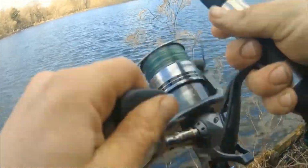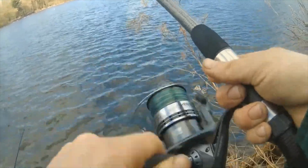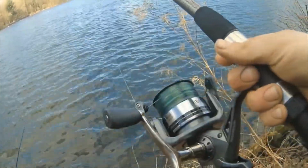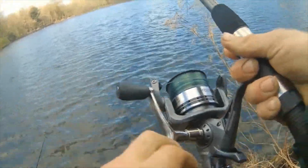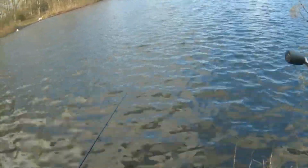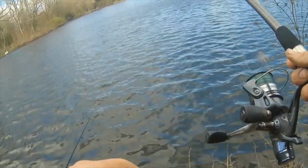Hey guys, welcome to part 2 of my fishing roundup, and this is going to be all done on freshwater, and this is going to make up the final 51 fish that I caught. Now obviously I don't do as much freshwater fishing as I do sea fishing, but it doesn't mean that I don't enjoy it. It's just sea fishing is more accessible to me. Now I'm going to start off today